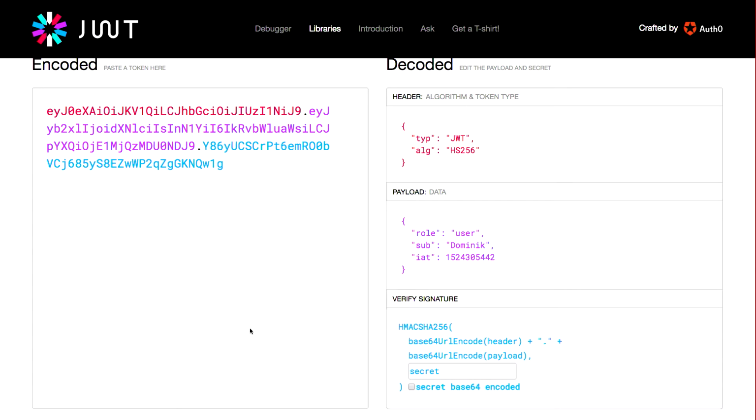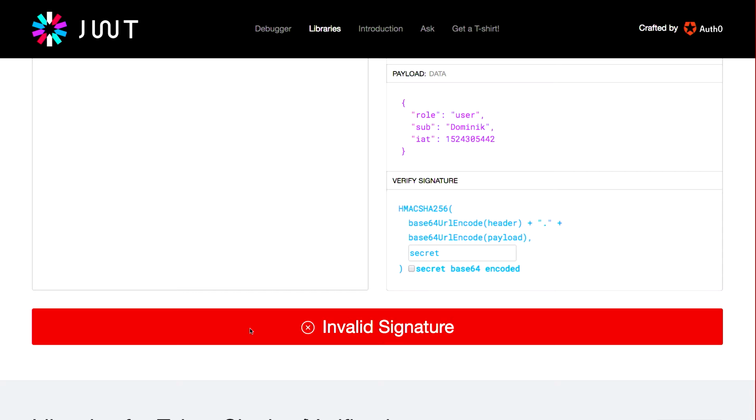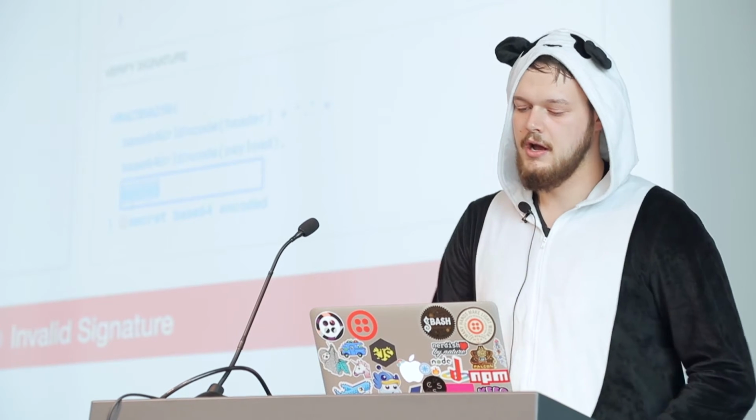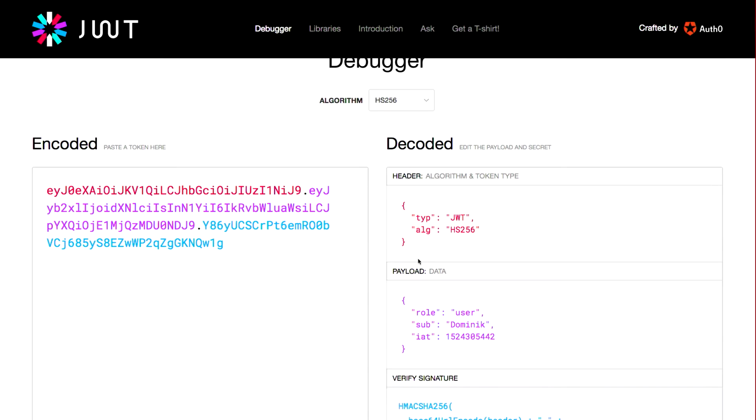But to make sure that this can't be tampered with, we actually have a signature. In our case, we can see the signature right now is invalid because I'm trying to verify it against a secret called secret, and I was smart enough to not use that as my secret. Now the thing is, if you look at the spec of JWTs,